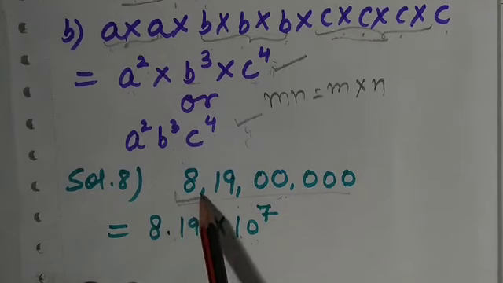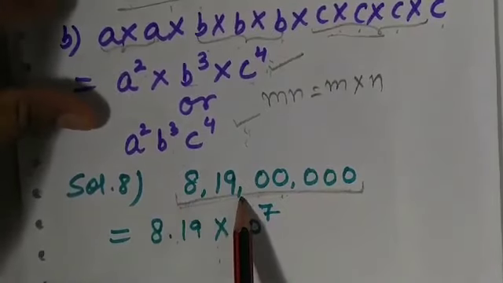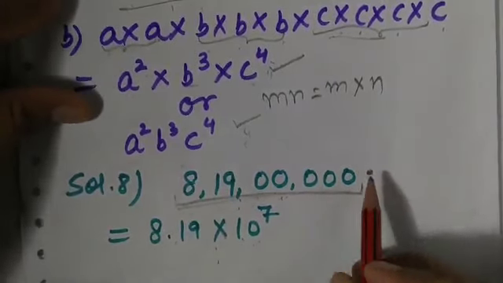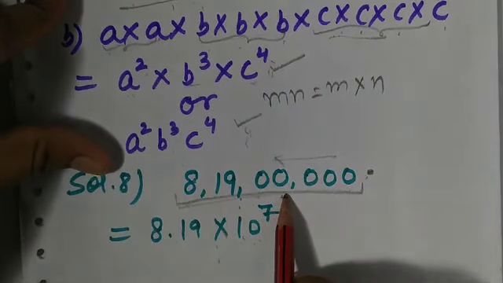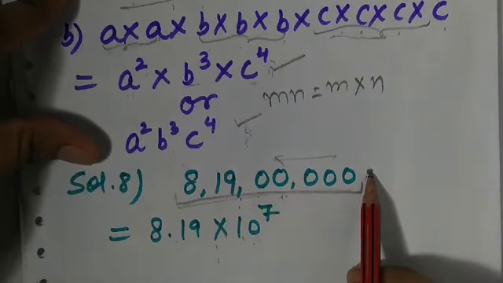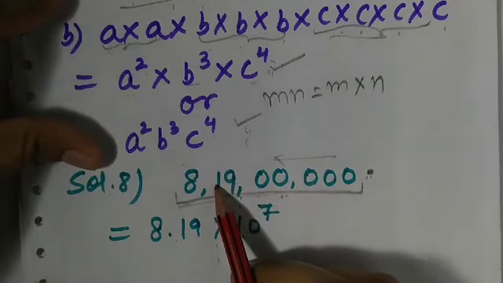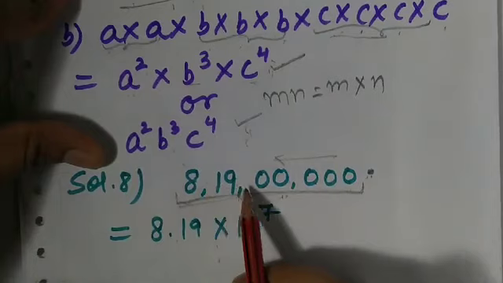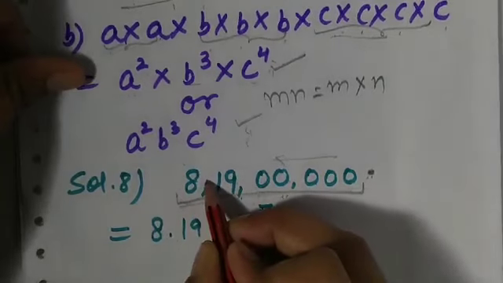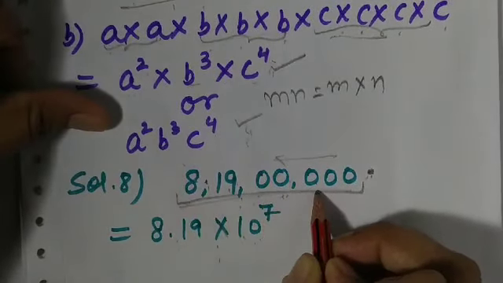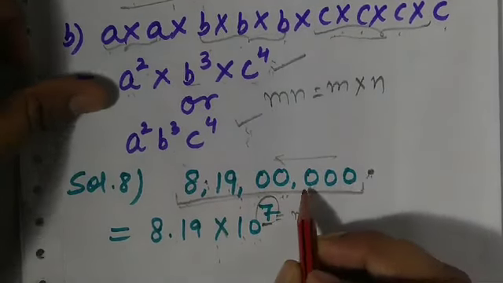Okay, I have to make this number in standard form. Now we don't have the decimal in between, so it means the decimal is at the end. We have to shift the decimal to the left so that this number lies between 1 to 10. So let us shift this decimal 1, 2, 3, 4, 5, 6, 7. So how many places does it get shifted? It gets shifted by 7 places to make the number lie between 1 to 10. So it will be 8.19 into 10 to the power 7. In 10 to the power 7, 7 represents the number of places this decimal got shifted.